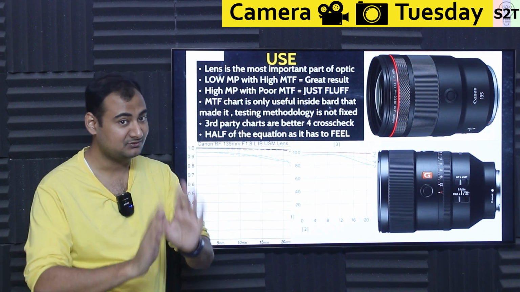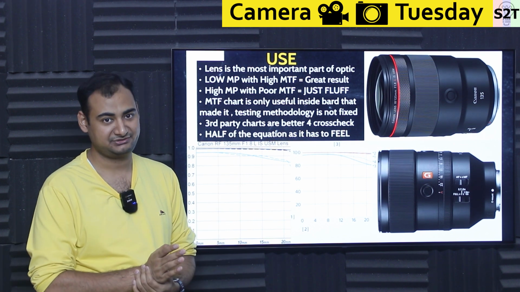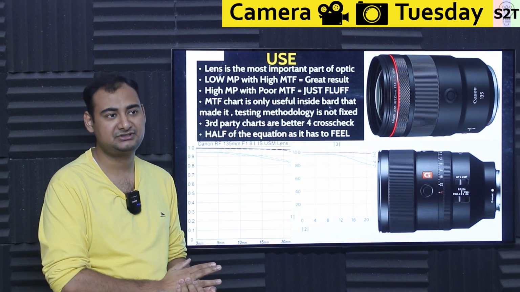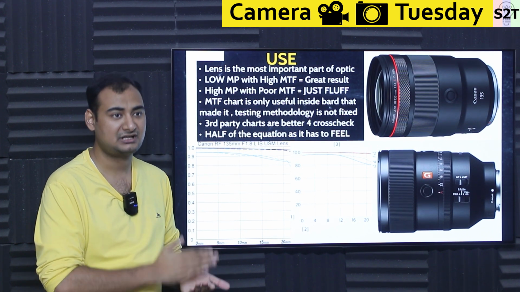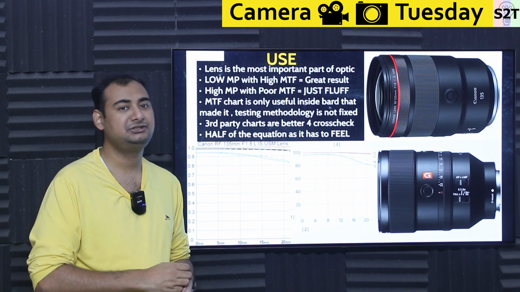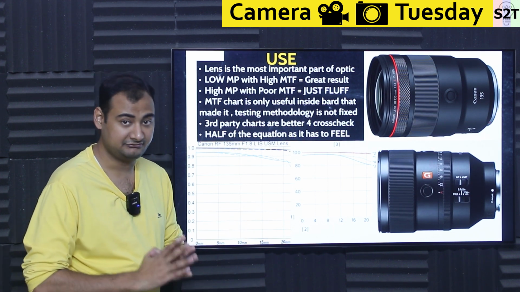Because a blurry image, once it goes there, you cannot increase sharpness in Lightroom. You cannot do anything to it. If you captured an ugly image, a blurry image, it's a blurry image. If you capture a high contrast and high resolution image, only then can you tamper with color to some extent. So these things you have to understand very thoroughly.